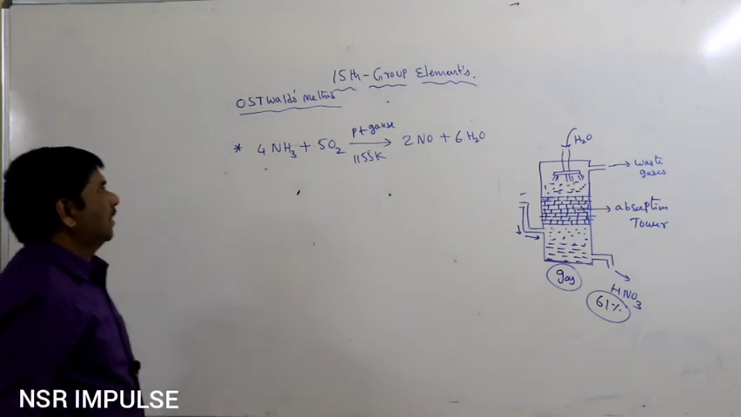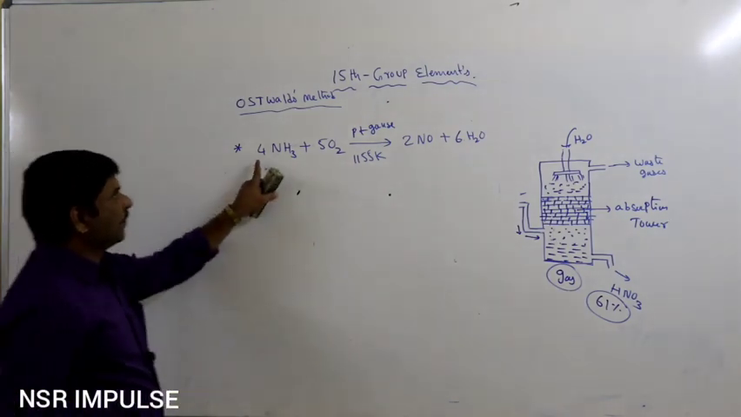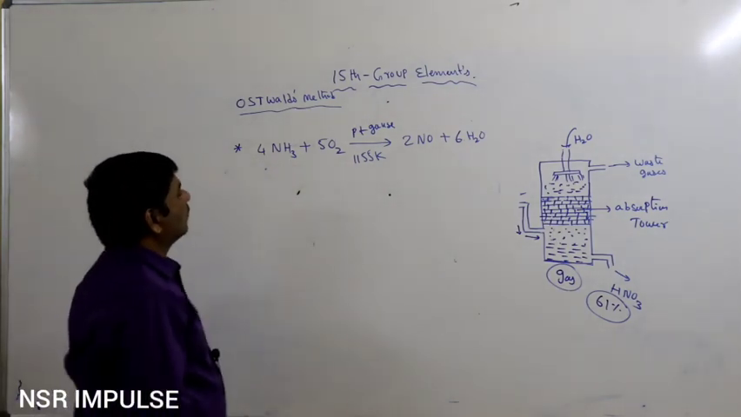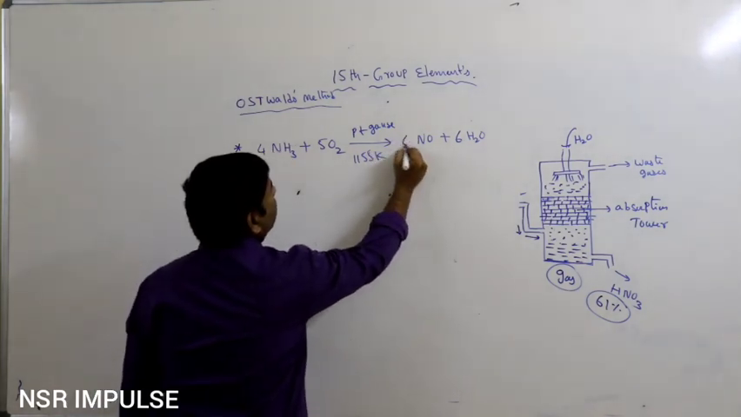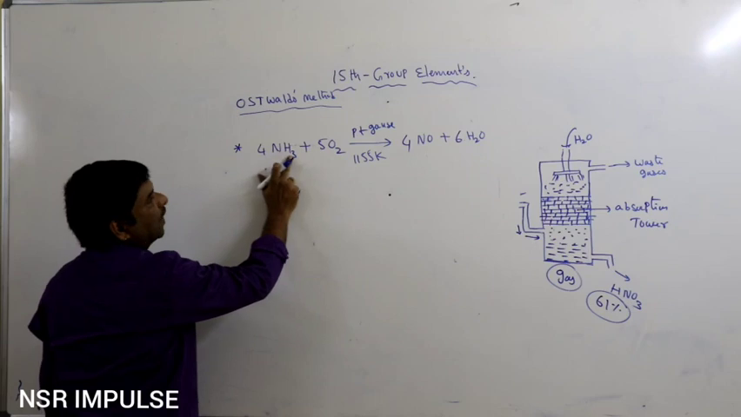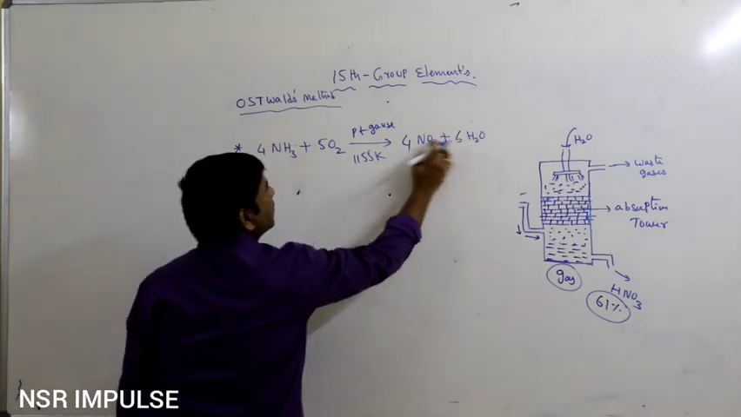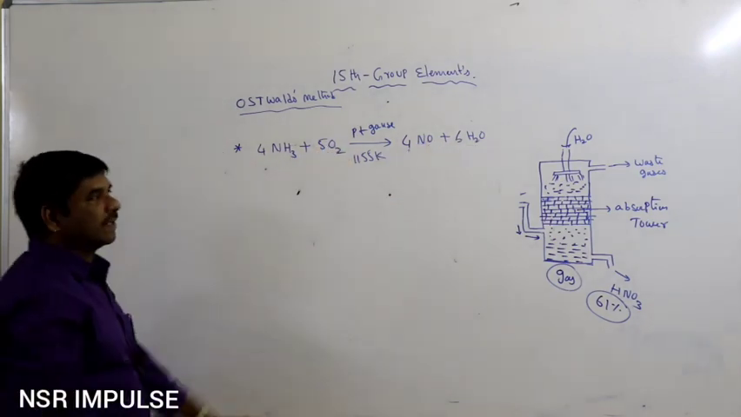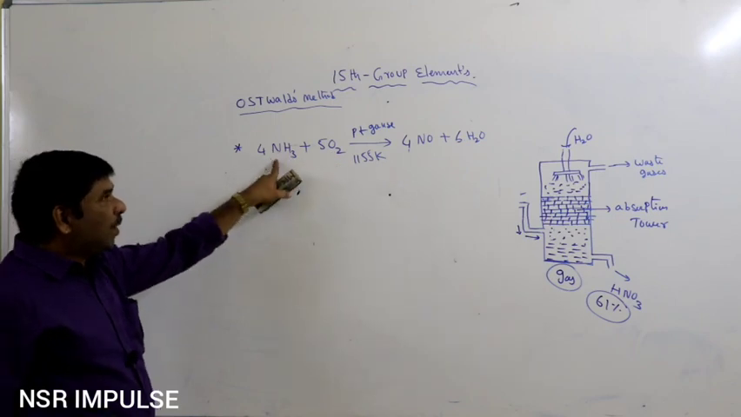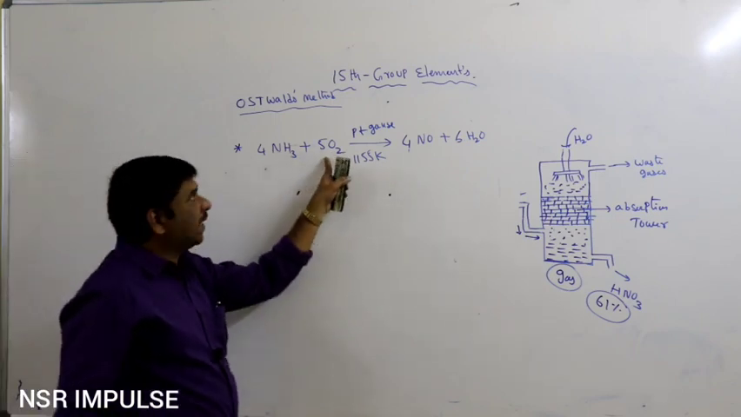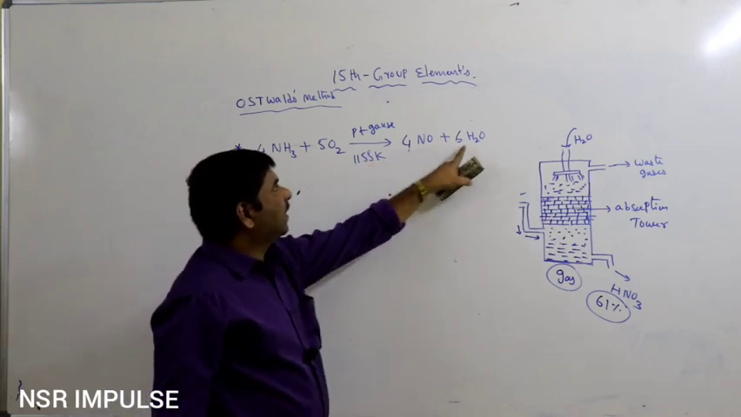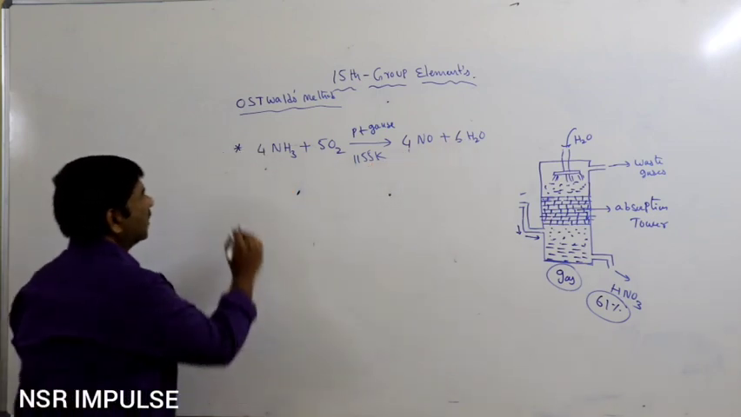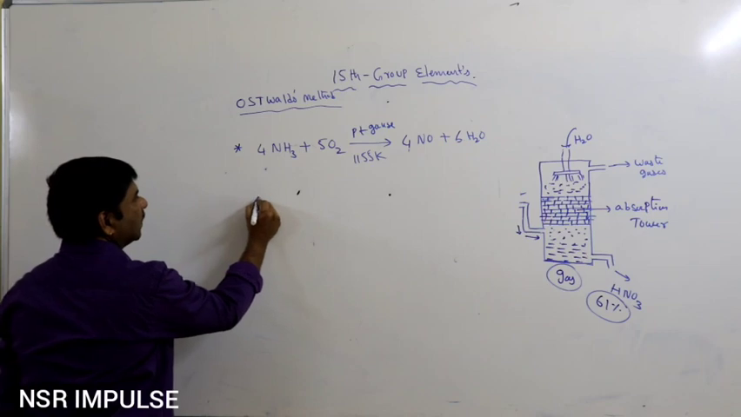6H2O. Everything is balanced. Nitrogen: 4 nitrogen here, 2 here. 4 nitrogen, 12 hydrogen, 6 plus 4 is 10 oxygen, 10 oxygen. Everything is balanced. Ammonia reacts with oxygen, platinum gas, 1155 Kelvin, gives nitric oxide and water. This is the first reaction. Now